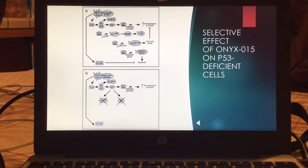However, this concept remains controversial. In an in vivo study, ONYX-015 was proved to inhibit tumor growth, and its anti-tumor efficacy combined with chemotherapy was significantly greater than either agent alone. Numerous trials have been conducted among patients with various advanced cancers. In a phase 2 trial, 37 patients with recurrent head and neck carcinoma were enrolled. Significant tumor regression was observed in 21% of evaluable patients, with no toxicity to injected normal